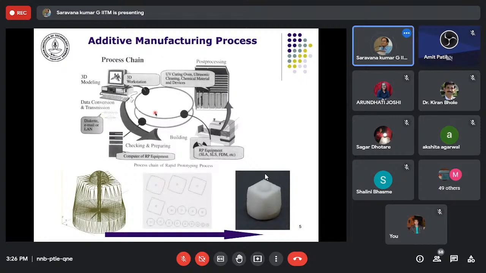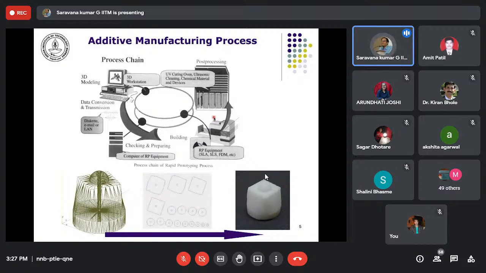by Chua. This book illustrates the process where you have the computer generated 3D model to data conversion, which is basically converting into a data format understandable by the front end software of a 3D printing machine, to generating the part file, which is essentially to be built layer by layer. As you know, this process builds parts layer by layer. So you slice, then you generate the tool paths and you feed it to the machine.